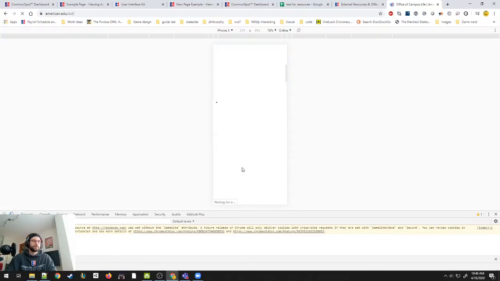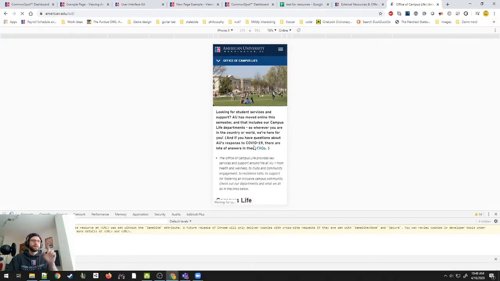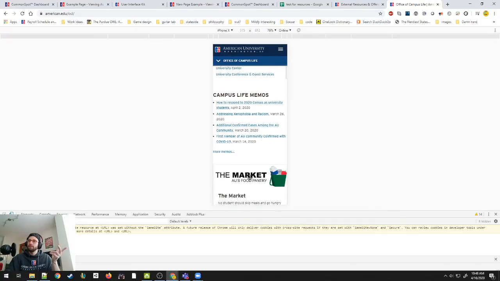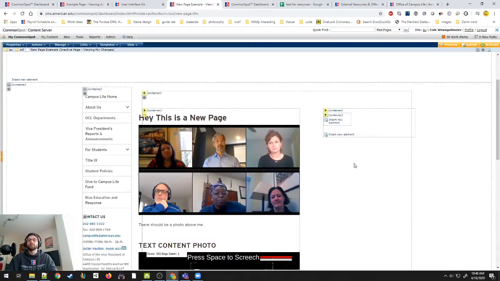So once again, mobile view, let it load. Here's the top. And there it is, beneath. So just be aware, don't put anything that's super, super critical on that right sidebar because it's going to go beneath. About 50% of our traffic is mobile, so let's make sure that people can get what they need.